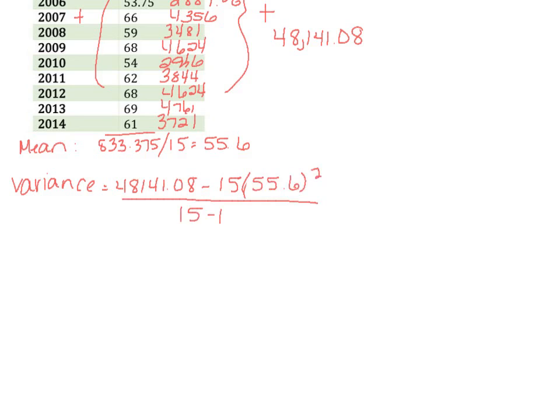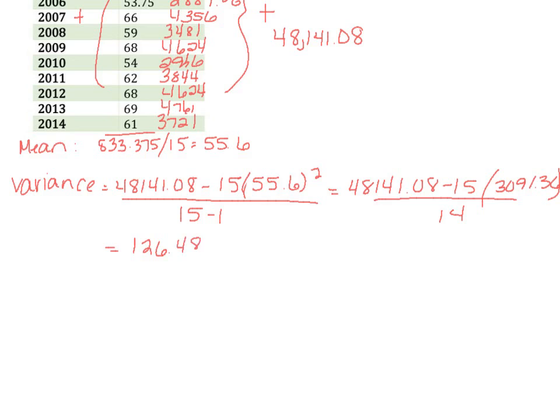So now using the order of operations here, we'll simplify a little bit. 55.6 squared is, all divided by 14. So multiply, subtract, and divide, and we will see that the variance is